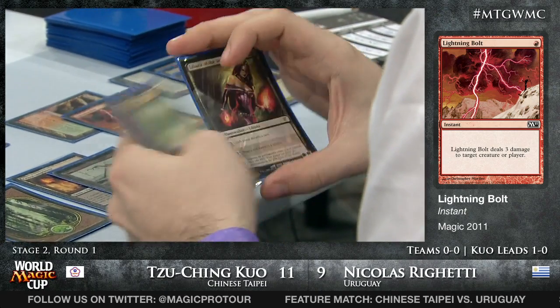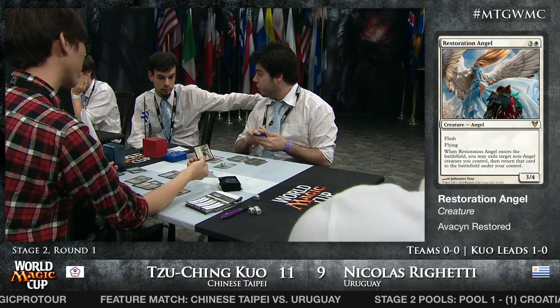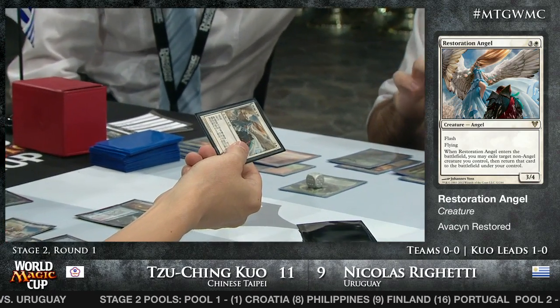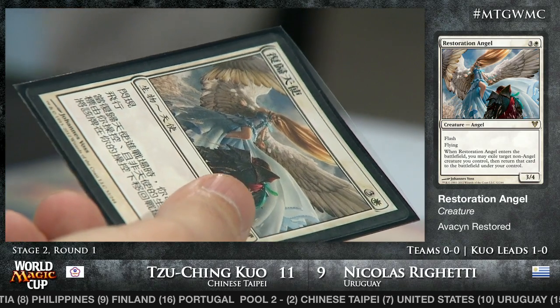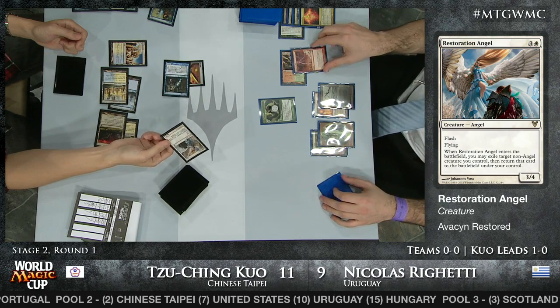All right, so this is on the stack. What is he able to do in response? Does he have a Terminate or another Bolt? He's got Maelstrom Pulse, but it's not an instant. I think, Liliana, and is it Jund Charm in his hand, or is it another Lightning Bolt? It's very hard to tell. We've got a couple of angles here that we're trying to get to see what he's got,